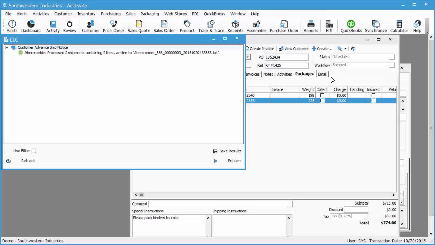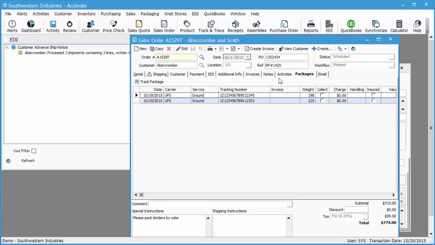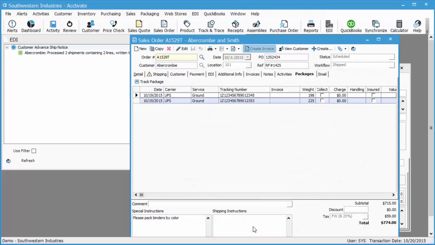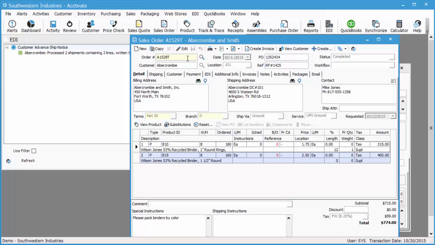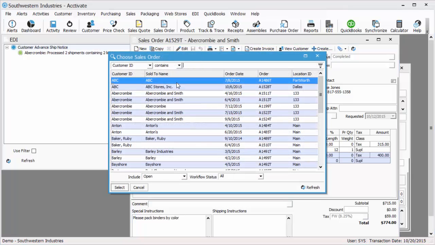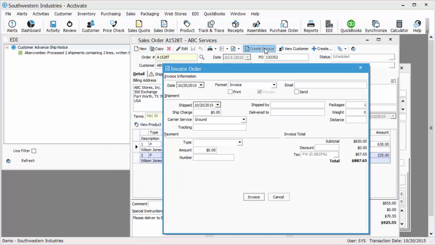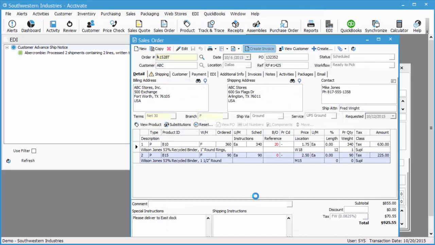Okay, so now let's go ahead and create the invoices for those 2 sales orders. We'll go to Create Invoice. You can see the packages that we've got listed here from that 945. And we'll go ahead and hit Invoice to complete this sales order. And then we're going to look up the sales order that we created for ABC. And we're going to go ahead and invoice that one as well